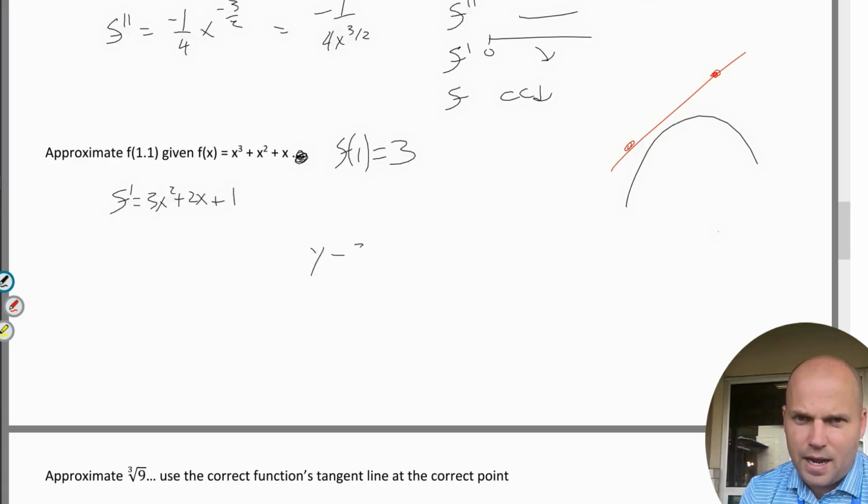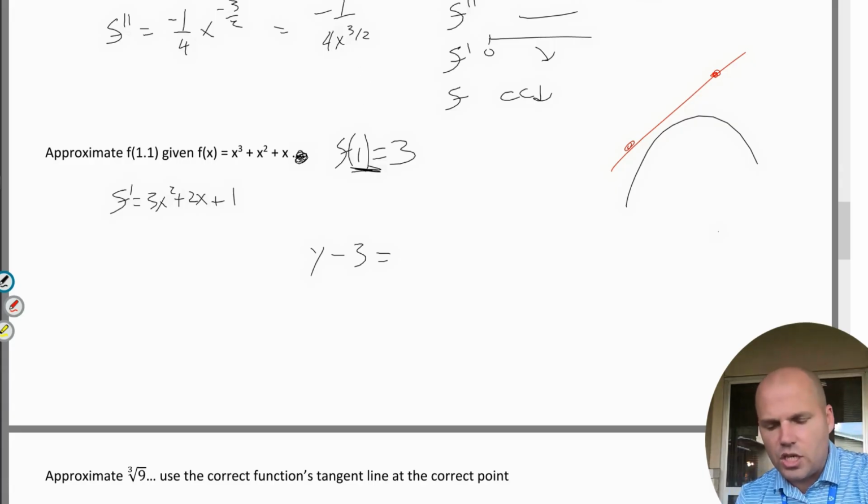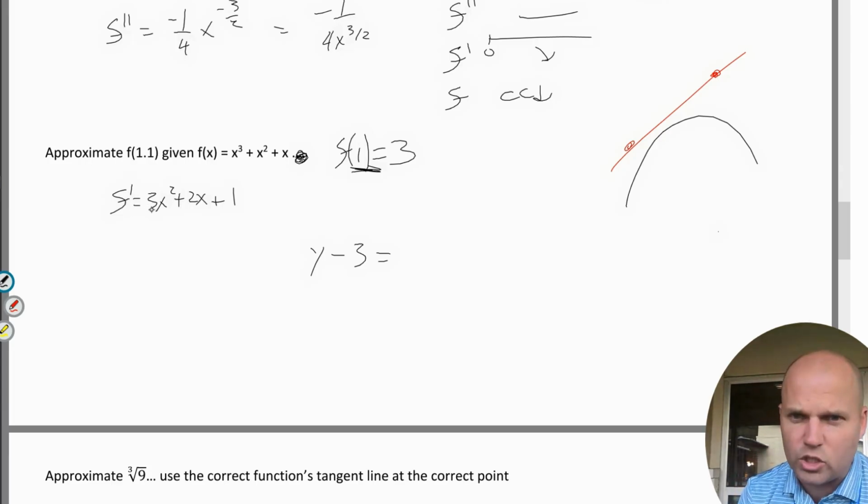And we got y minus 3 equals the slope at 1, not at 1.1, because that's what we're trying to approximate. We're going to use an easy point. Use the easy point, and we will use that easy point to approximate a hard point. So we don't want the slope at 1. We just want the slope at 1. We get 6. And I will say this mimics f of x